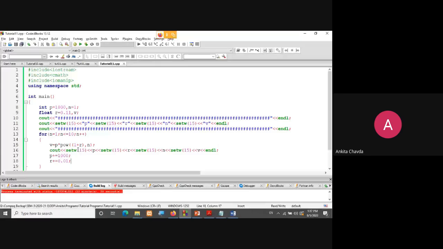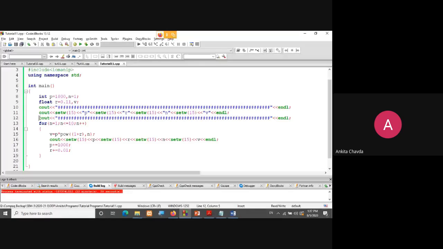We will calculate v in this for loop, and again this cout will be printed, again this p, again this r. Getting my point? After this, again I just want to show this. This is totally optional. If you write it, it's fine; if you don't, that's also fine.